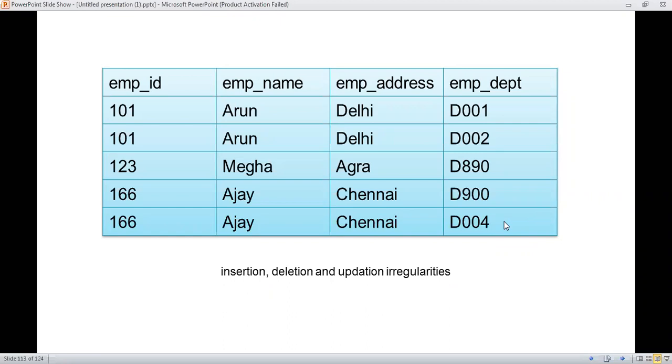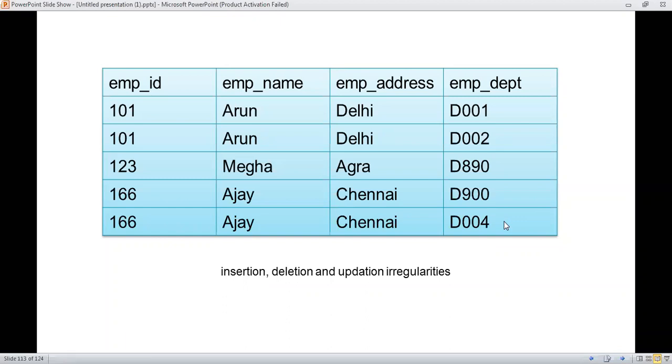So Arun is an employee name with employee ID 101, employee address Delhi, and he correlates with two departments, first D001 and D002. So one employee correlates with two departments. So D01 and D02. Okay. So here 101, Arun, and employee address are a single entity for that particular attribute. But for the department attribute, there are two entries.